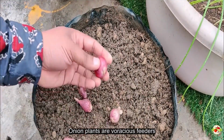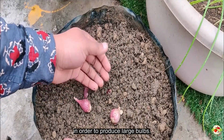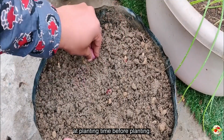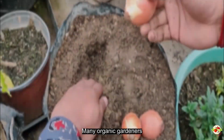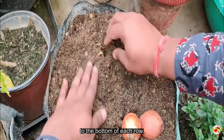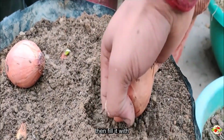Onion plants are voracious feeders that require constant feeding in order to produce large bulbs. Apply nitrogen fertilizer at planting time. Before planting, many organic gardeners will add an inch of compost to the bottom of each row. Alternatively, dig a trench in the soil about 2 inches deep and 3 inches wide, then fill it with about